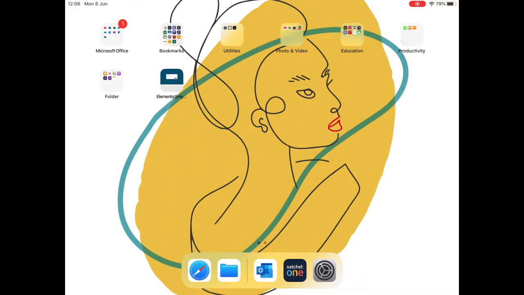Hello and welcome to the first in a short series of videos showing you how to use the accessibility features of your iPad to help enhance your own learning or the learning experience of pupils within your classroom. In this video we're going to look at the options for adjusting text size and making documents easier for pupils